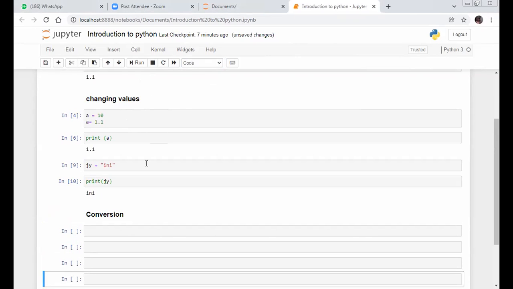Okay. In programming, it's common to convert integers to floats, float to string, and so on. So the process of converting the value of one data type, that's integer, string, float, etc., to another data type is called type conversion. Now, Python has two types of conversion. We have the